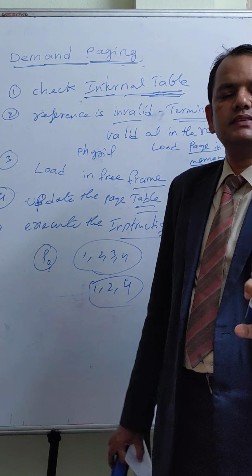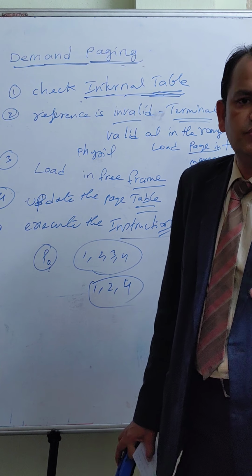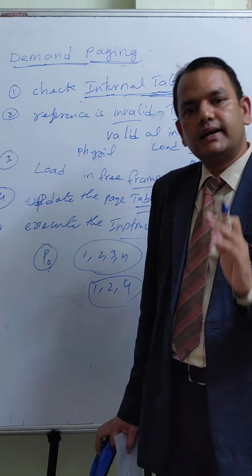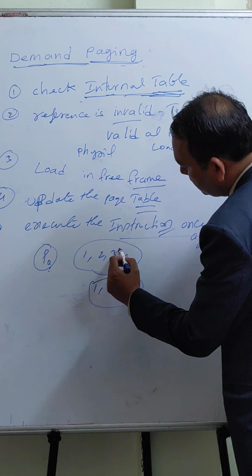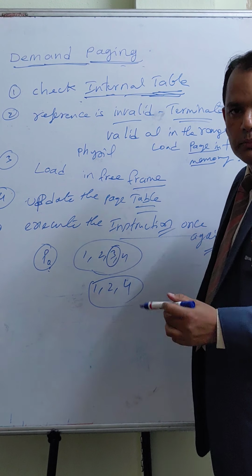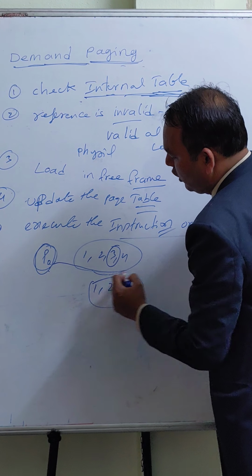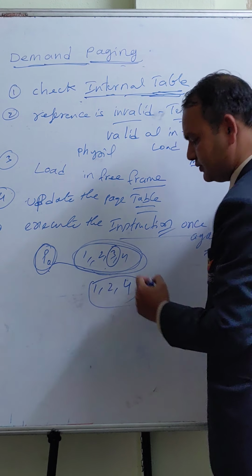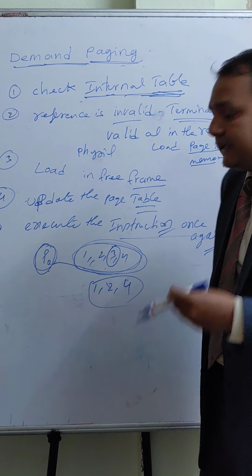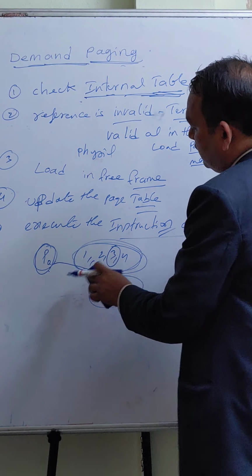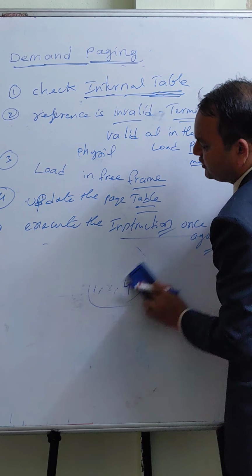Then it simply halts. It will put all its temporary variables in the stacks, registers, and a page fault occurs. The operating system executes a trap operation, and this page number 3 has to be brought to the main memory. Then only P0 can execute. P0 executes along with pages 1, 2, 3, 4. It cannot execute without having a single page. Okay. So like that, my dear friends, because the page fault occurred, P0 has to re-execute the instruction.